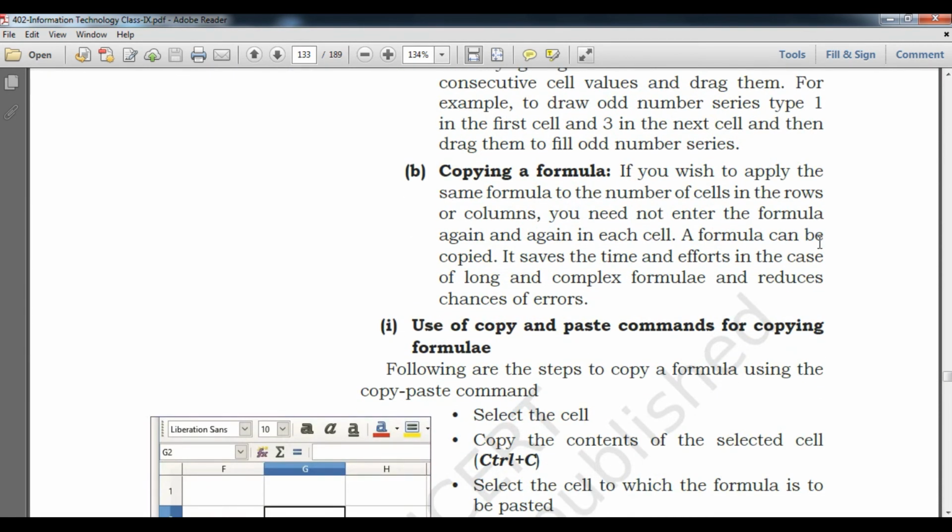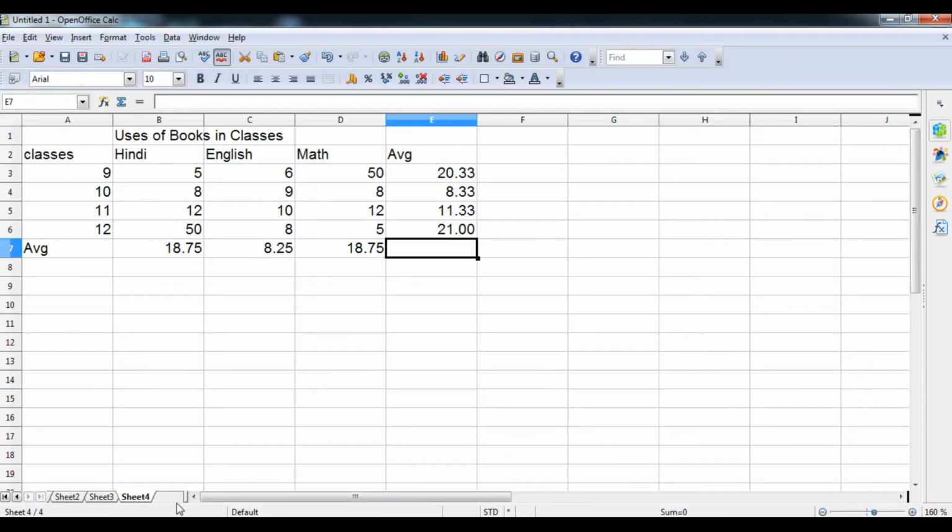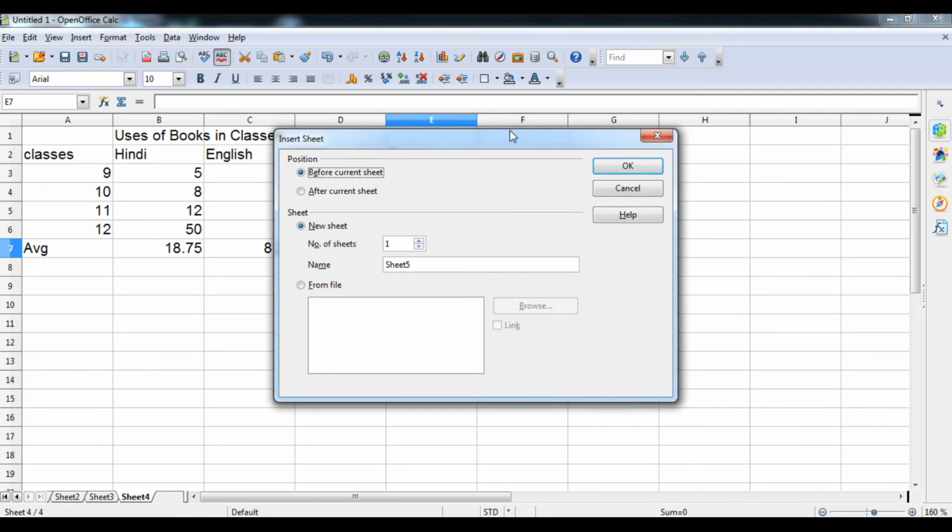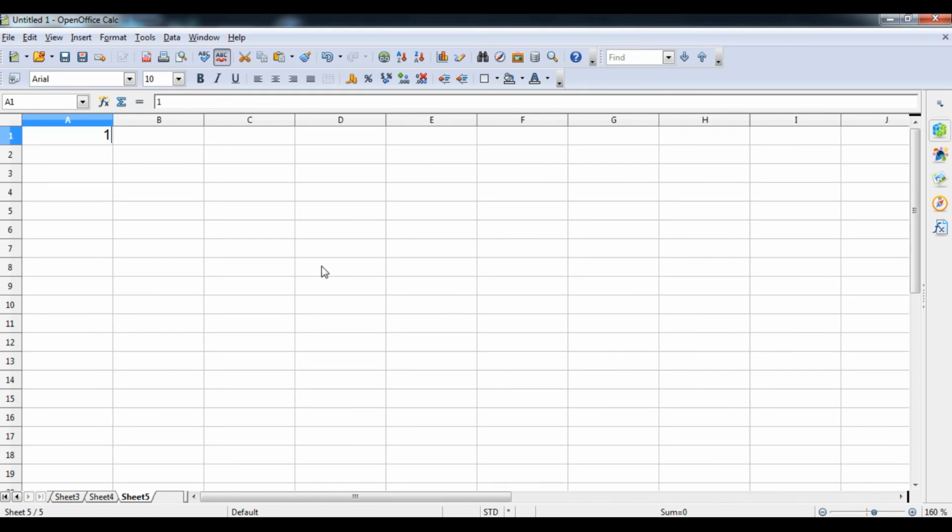And now, copying a formula. The second thing is that we can use the fill handle to copy a formula also. I will open a new tab by pressing the plus button, which adds it after the current sheet. Here, suppose I type 1 and 2. I select both, and now you can see this particular point where my cursor turns into a different shape. This is the fill handle. If you click and drag it up to your required number, you can see the numbers have come.